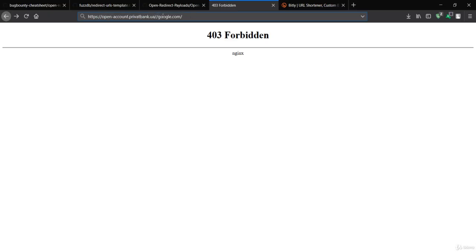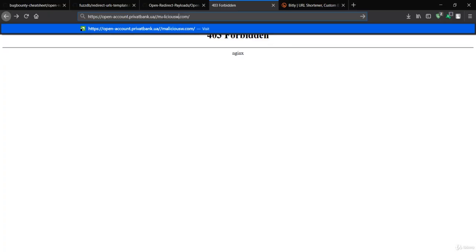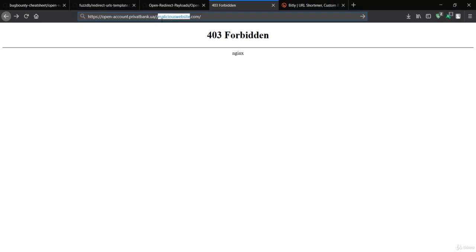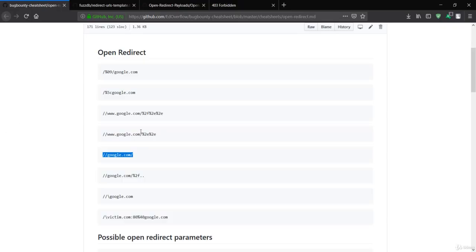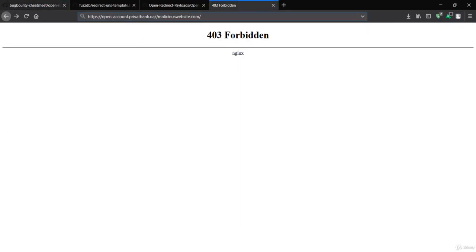So instead of google.com you can have a malicious website here. If you have any malicious website, the user will be redirected to that website, or it can also be a clone website, and you can simply grab the content or harvest the credentials of the user with this URL redirection. You can also see this link over here which has a bunch of open redirects. All you need to do is simply paste that payload given over here at the last of your link, and let's see if this works or not.